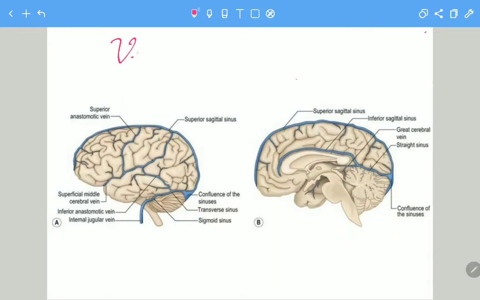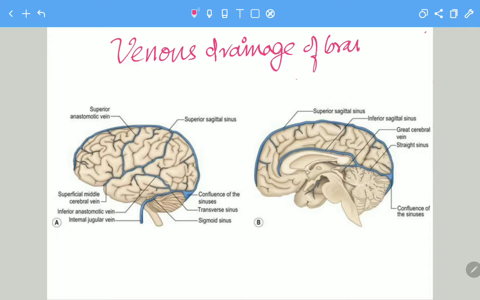Now I'm going to discuss the venous drainage of the brain. I previously discussed the arterial supply. This video is on the venous drainage of the brain. If we look at the vessels which contribute to the venous drainage of the brain, they can be divided